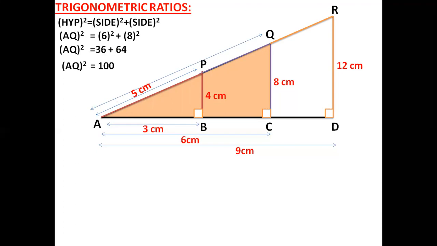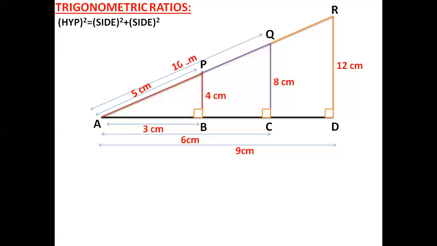If the square goes to the right side, then it becomes square root. So AQ is equal to under root 100. What is the square root of 100? That is 10. Here 10 can be written as 10 square root, so the square root cancels, AQ is equal to 10. So what is the length of AQ? The length of AQ is equal to 10 centimeters. So for this right angle triangle ACQ, you get the value of AQ as 10 centimeters.